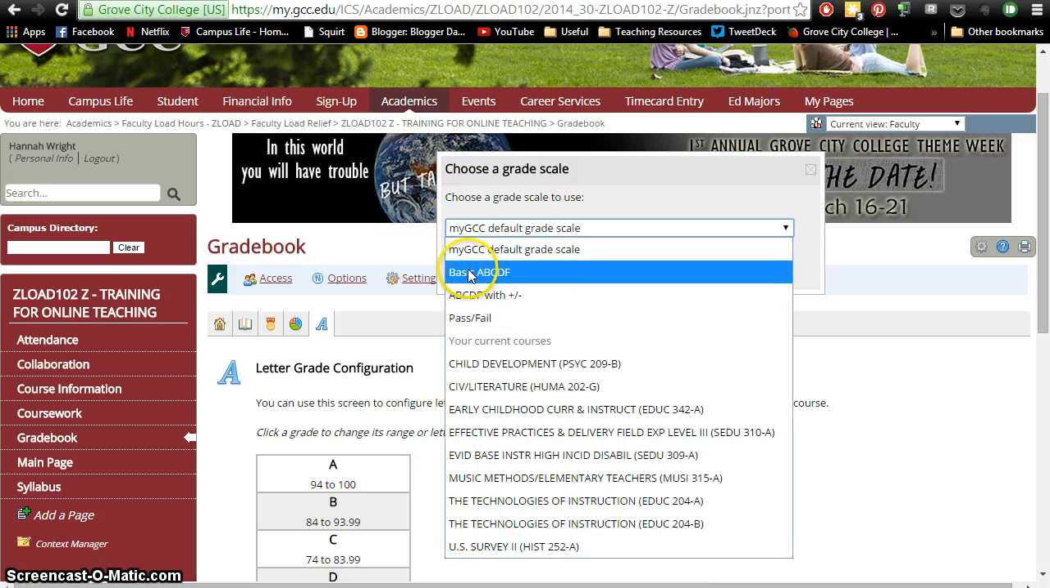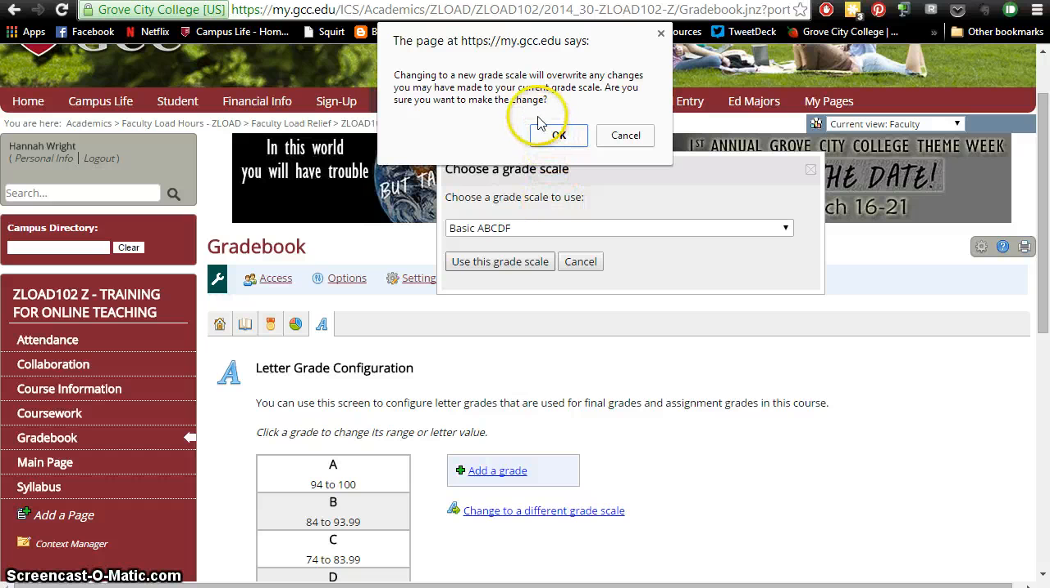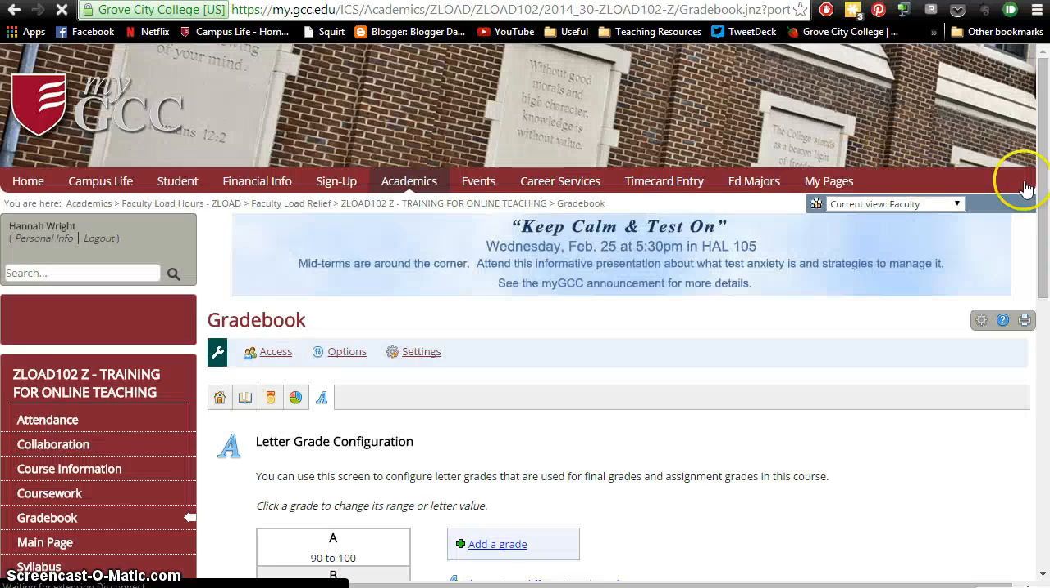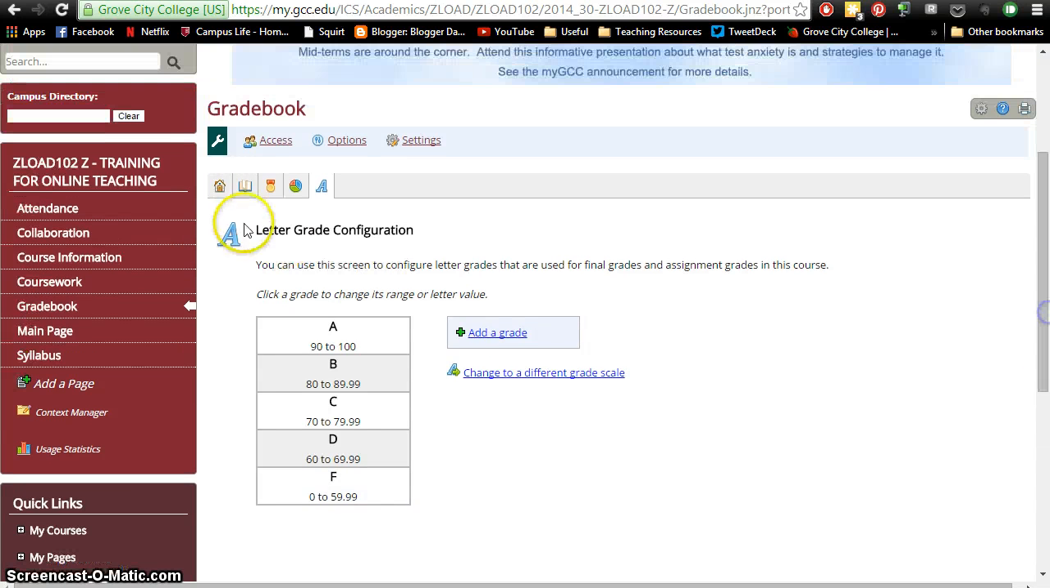And you can go to basic, A, B, C, D, F, use this grade scale. It'll ask if you want to use it. If you haven't made any custom changes, then there shouldn't be any problems. To click OK. And then it will change to the different grade scale that you've chosen. So then to go back to the main gradebook page,